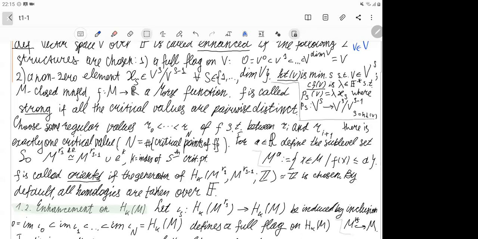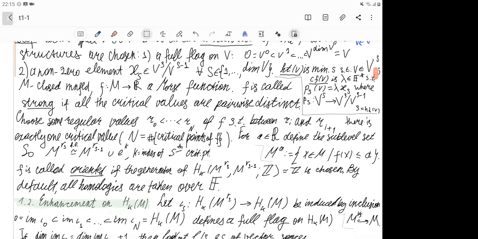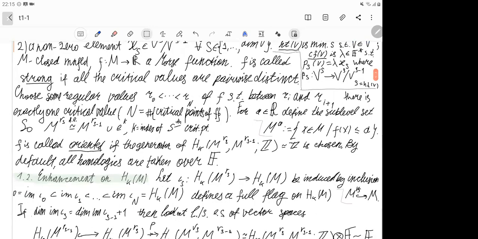Okay. So I've done with the first part of the enhancement. So if my dimension has increased right here, S equals to